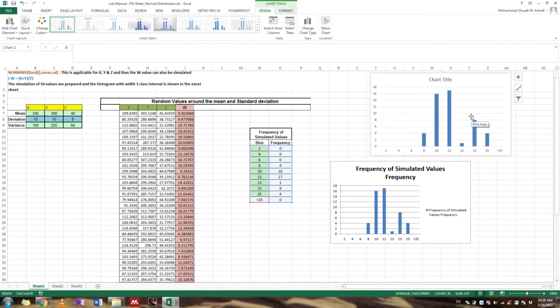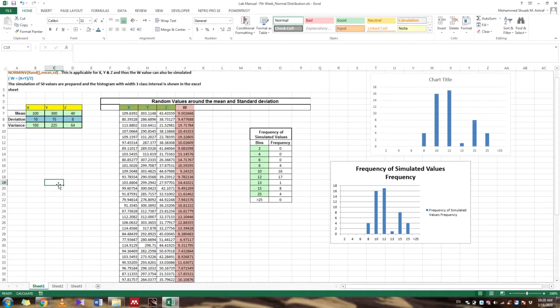So you can draw the chart: 2 occurs 0 times, 6 occurs 0 times, 8 occurs 4 times, 10 occurs 16 times, 12 occurs 18 times, 13 occurs 1 time, 15 occurs 8 times. So like this is the final chart of the numbers and how much frequency each is occurring.